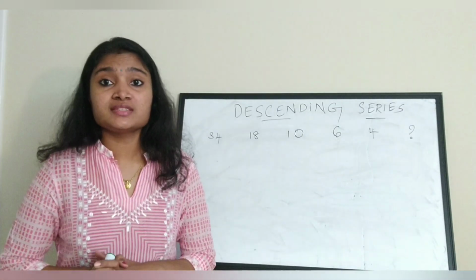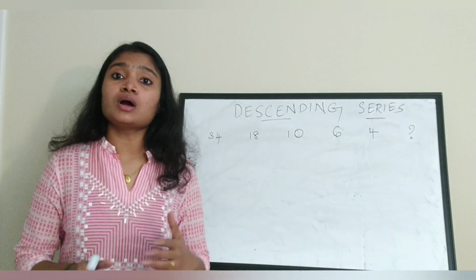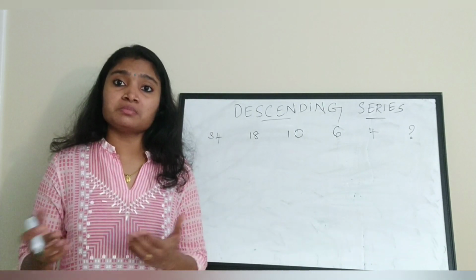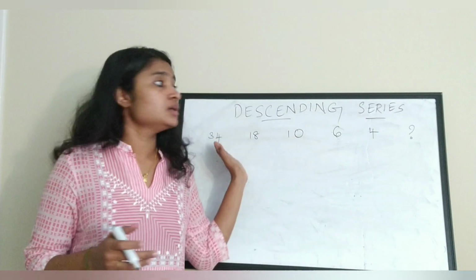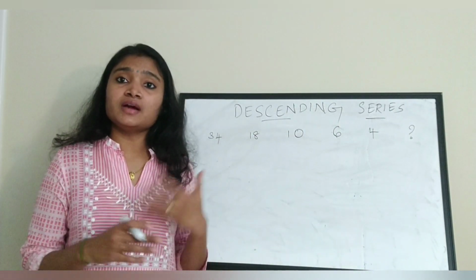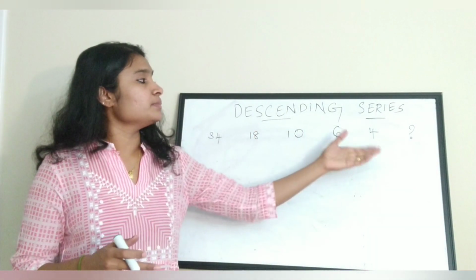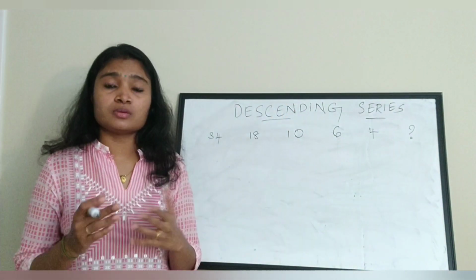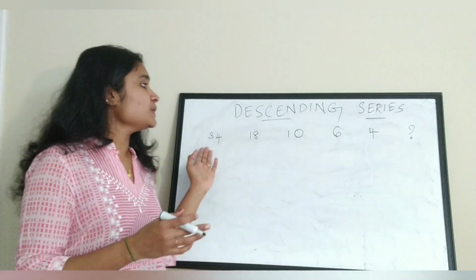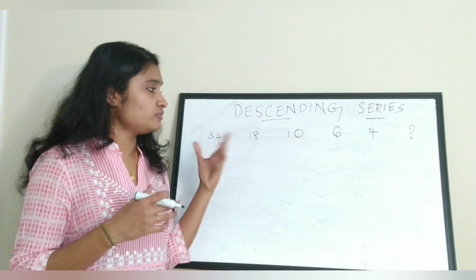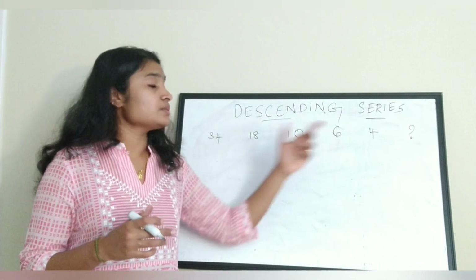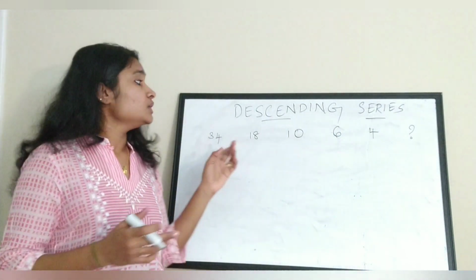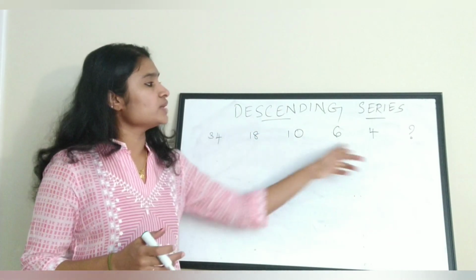The next step of the number series is descending number series. So how to form a descending number series is by either subtracting some numbers from the initial numbers or the first numbers, or by dividing the first numbers by some numbers, and hence the number series, that is a descending number series, is formed. And here also, if you see the pattern of the numbers, you can find or identify whether the numbers are being subtracted or whether some numbers is being divided from these numbers to get the number